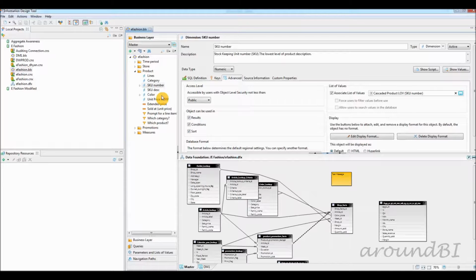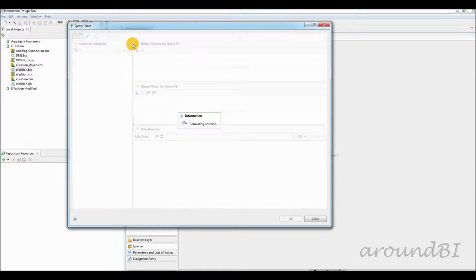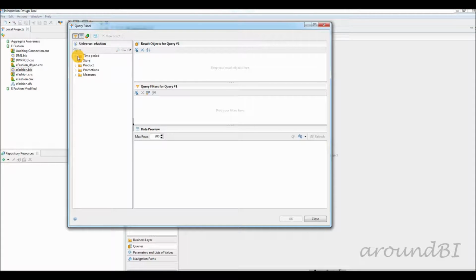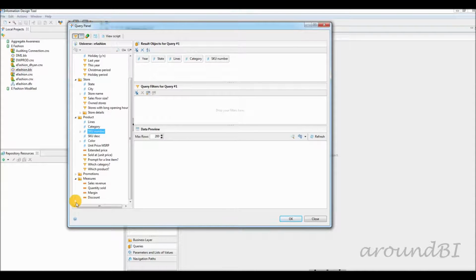Let's test how the cascaded LOV will come in the Web Intelligence report. Create a new query by clicking queries and click new. Select year, state, lines, category, SKU number and sales revenue. In the query filter, select SKU number and make it a user prompt.